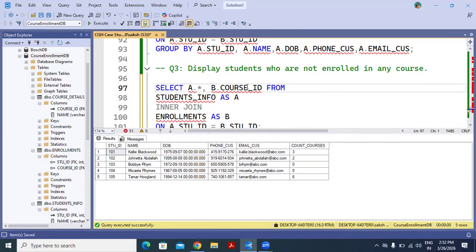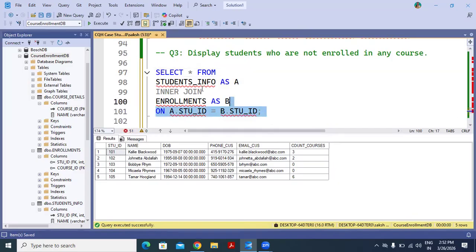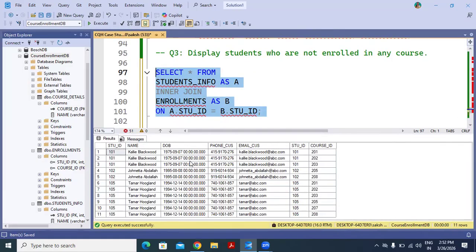So let's run this query and see what we want. Yes, and instead of inner join, let's put the left join because we want the student details.